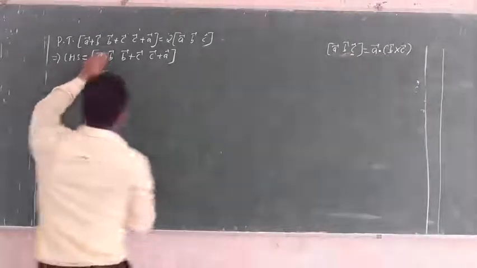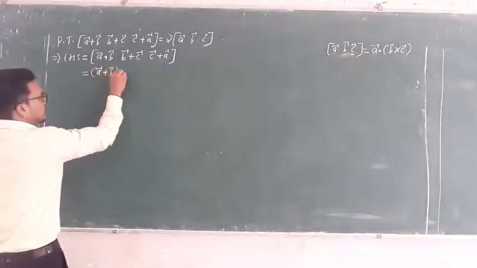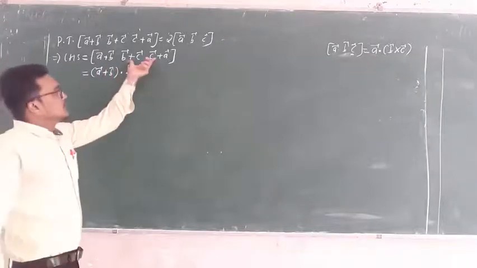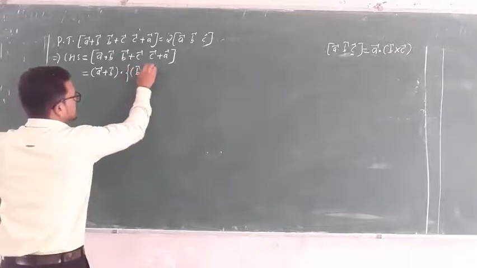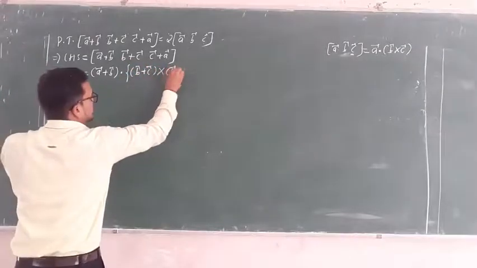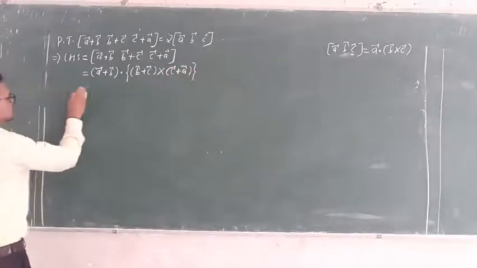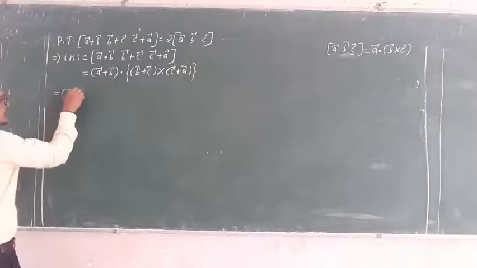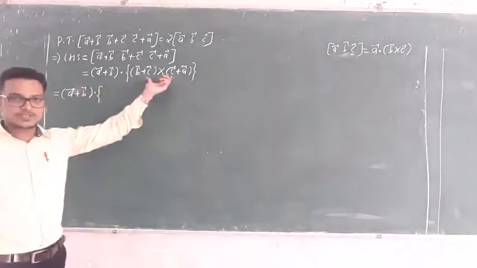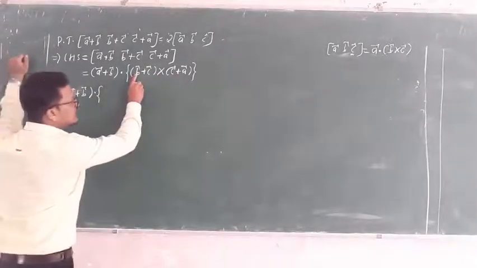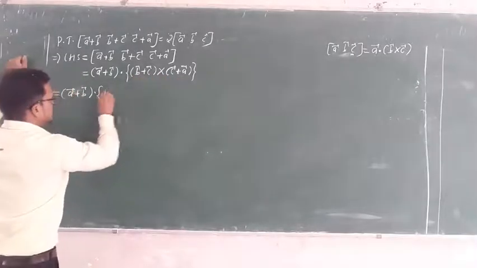Here also it is the same. A plus B is the first term, so you have to keep it as it is, dot. Now, what is the cross product of the next two? It is B plus C cross C plus A, which is equal to A plus B as it is, dot. Now take the cross product of this. How to take it? Take the first term from the first bracket and take the cross product with the next two, which means B cross C